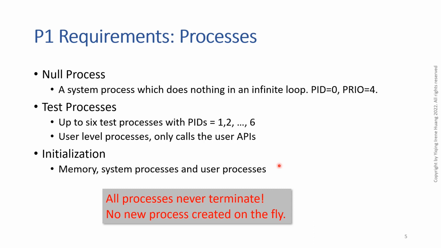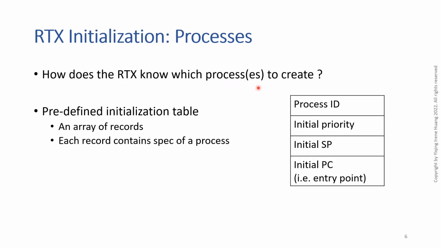So the data structures to manage the processes need to be initialized during initialization time. This is just a reminder that all our processes never terminate, and we do not create new processes on the fly. So how does the RTOS know which processes to create? We're going to predefine an initialization table, which is an array of records, and each record contains the specification of a process. Important information of the specification includes process ID, the initial priority, stack information, and the entry point of the